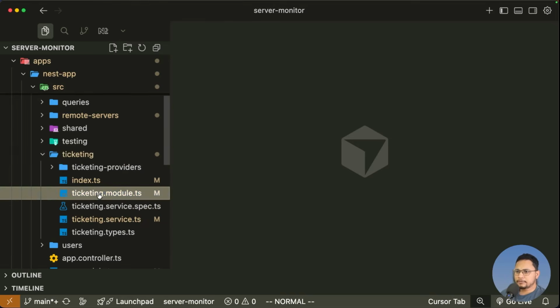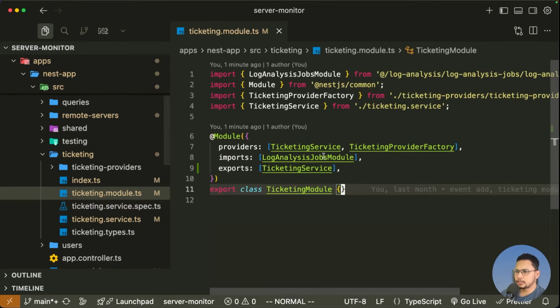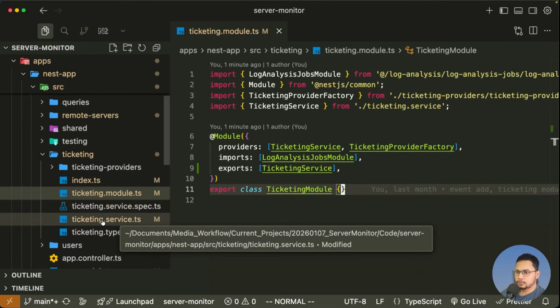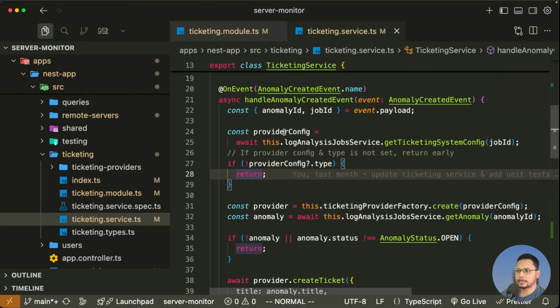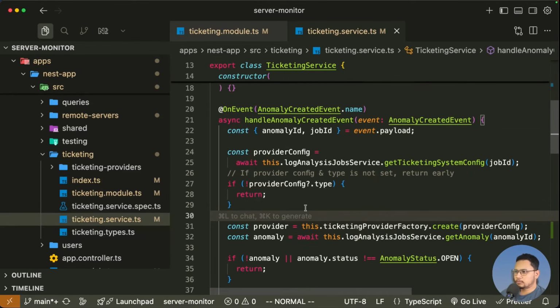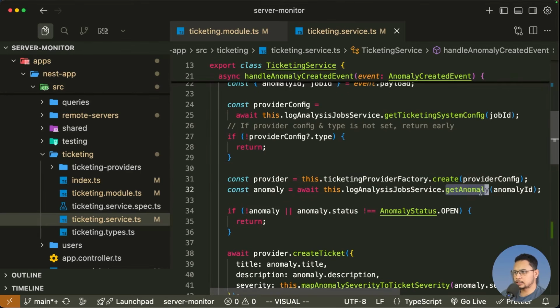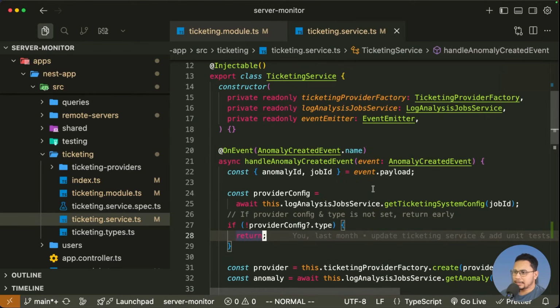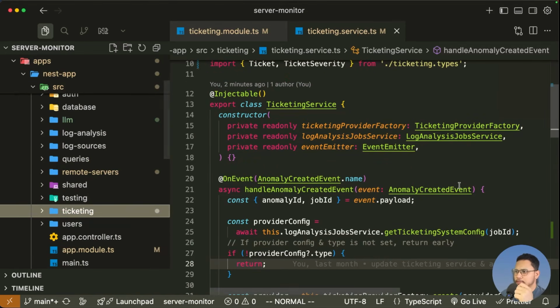Okay, but if you see the ticketing module, what we are doing is we are directly importing this log analysis module. And why are we importing this log analysis module? To use the log analysis job service, right? So in the ticketing service you can see we are depending on this log analysis job service just to get the context. Okay, what context means, like we are getting the provider configuration, we are getting the anomaly. Okay, you can see the get anomaly, get ticketing system config, those sort of things. But instead of directly relying upon this log analysis job service, what we should do, we should extract out that